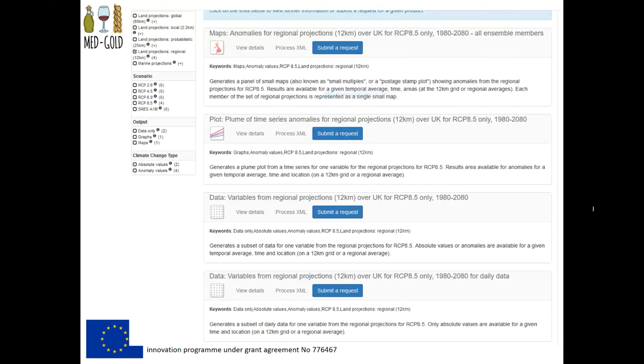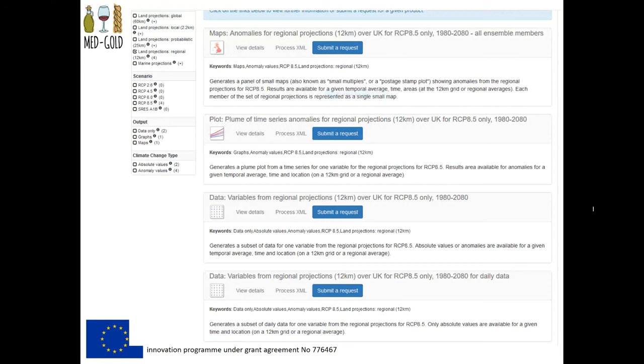And then again, you can create maps of the data, or you can create time series like the plume plots shown there. So the idea is a user will choose the relevant option and submit a request, which will give you a screen with various radio buttons or drop-down boxes to choose. And there's other things in there like area averaging, so you can look at changes from an individual model grid box all the way up to an average over the entire UK, in this case with various steps in between.